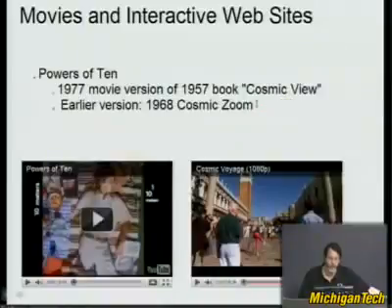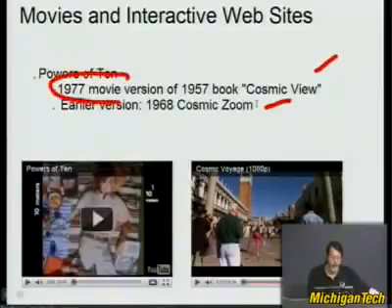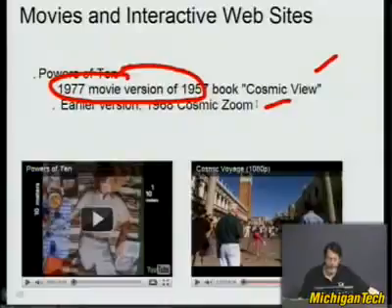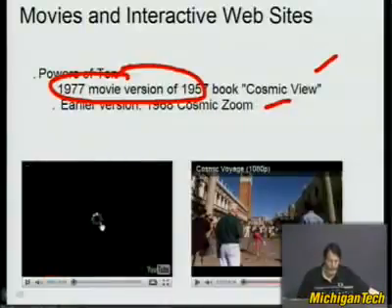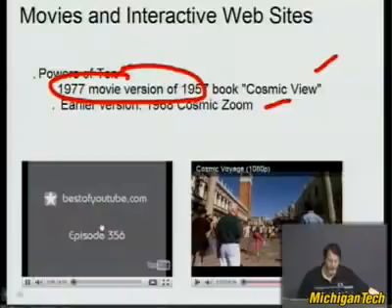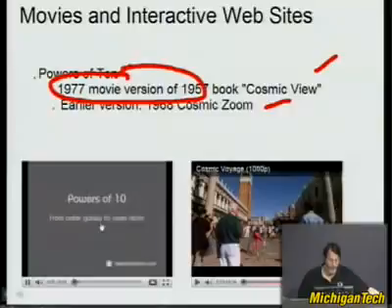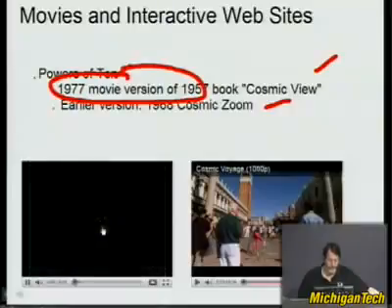That's not well known. The most popular one that I know is the 1977 movie, and this is what I saw when I was an undergraduate and younger, and it's called Powers of 10, where it plays interesting music as you go. And so if you go to this page and click on it, you can zoom in, and it will take you, oh, it's best of YouTube now. And I'll run a few seconds of this.